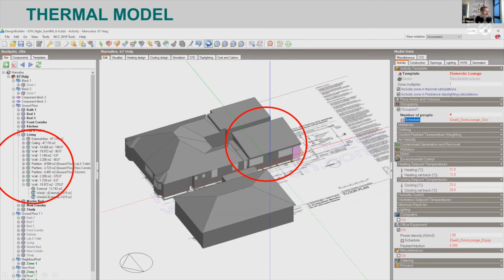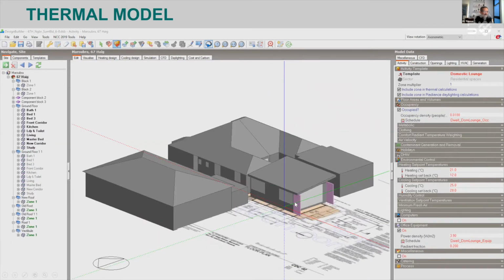And I'd particularly like you to look at this last element here. So that's the wall that faces west, and it has two windows on it, these two windows over here. And the bits that are in purple, they're really modeled as a shading device.